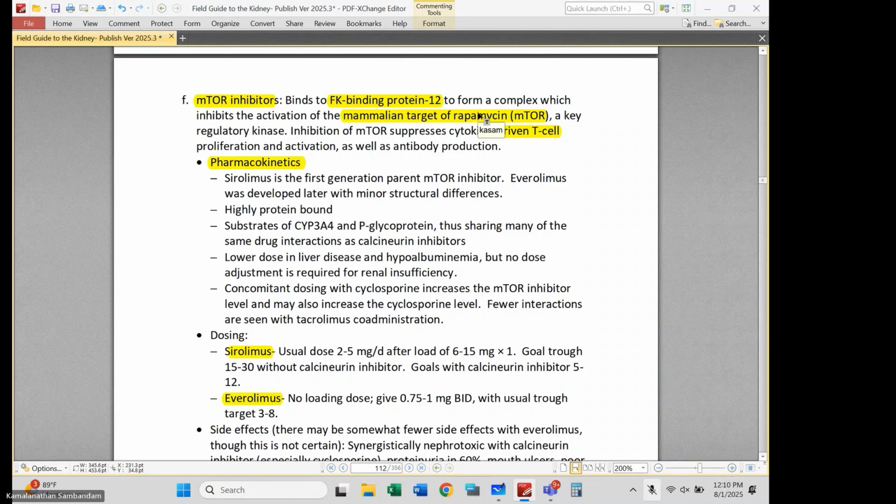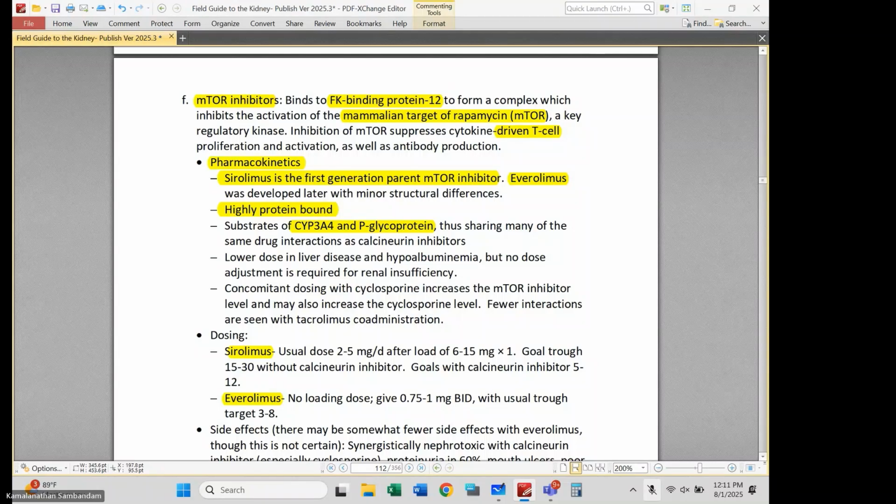Okay. Sirolimus was the first generation of this target of rapamycin inhibitor. And everolimus was a second generation or later evolution. Okay, these are both highly protein bound. You can notice that they also interact with similar clearance pathways that we discussed with the calcineurin inhibitors, right? CYP3A4 is common to both